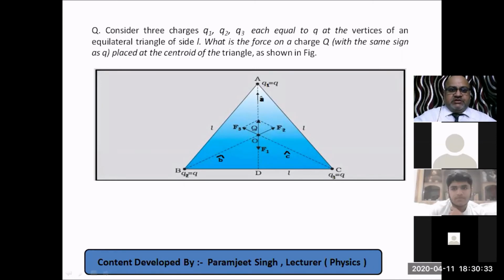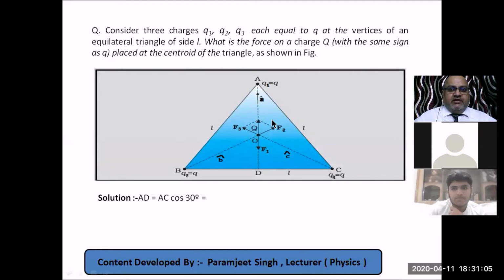So we start the question. We take this triangle into consideration. See, angle ADC is 90 degrees, angle ACD is 60 degrees because it is an equilateral triangle. So 90 plus 60, and if we apply the angle sum property, angle CAD is 30 degrees. Apply cosine 30. Cosine 30 is base over hypotenuse, that is AD over AC. Cosine 30 is equal to AD over AC.